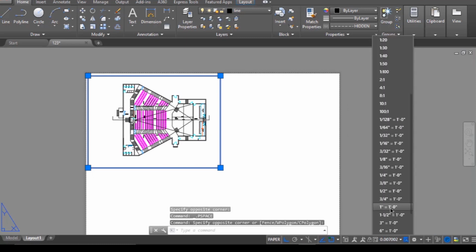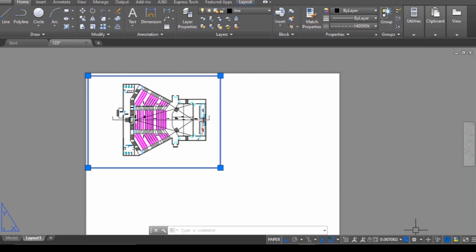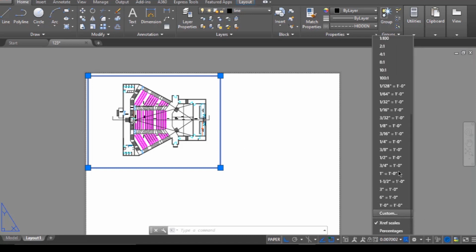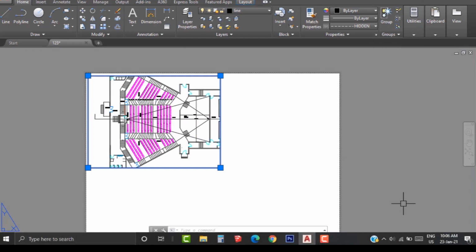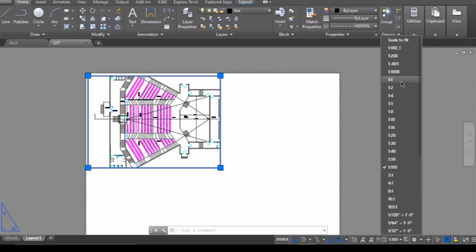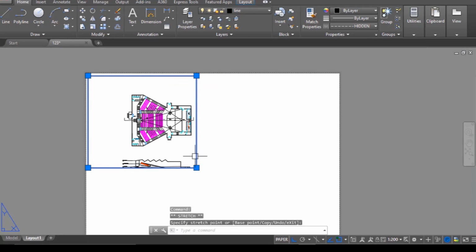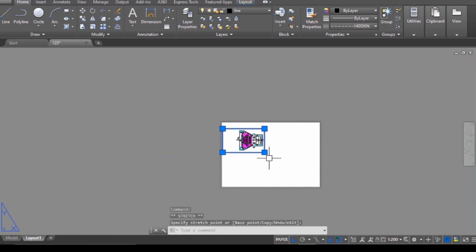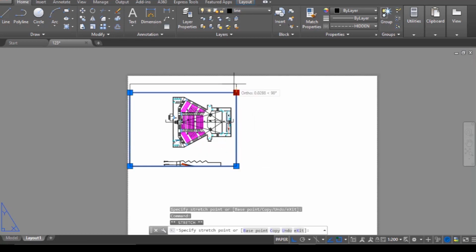I will choose, if this is not right, then take the XREF scale. Let's see what scale 1:100 is. It's something big. I will choose 1:200. It's a little bit smaller, don't you think so? Okay, so I want it on 1:150 scale.